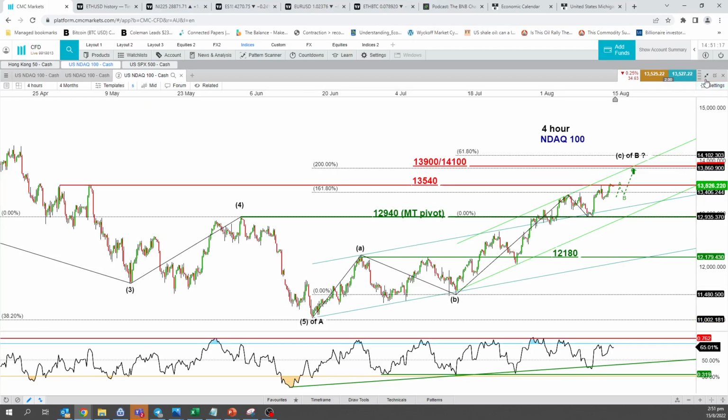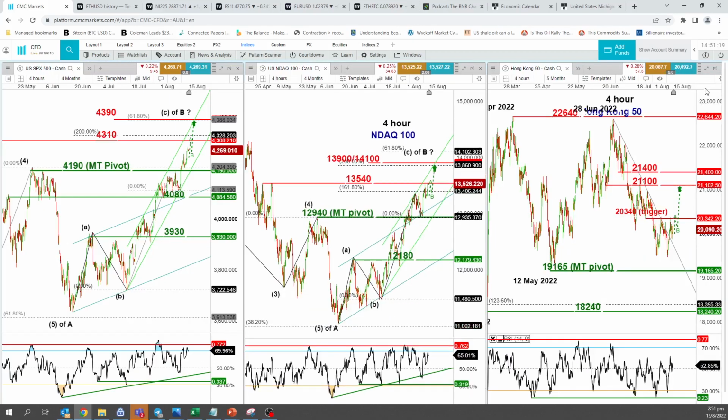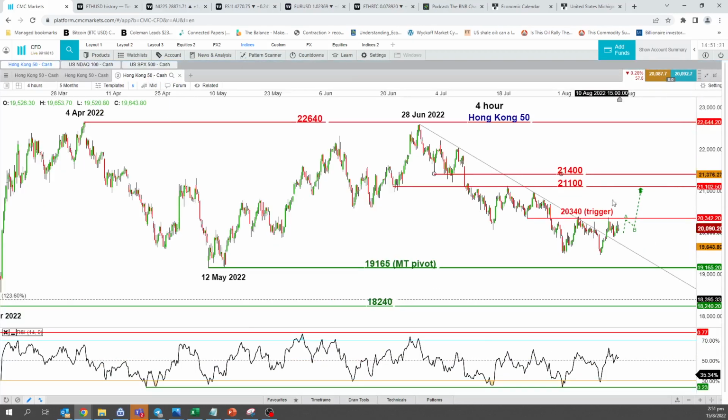Now, with that in mind, let's take a look at the Hong Kong 50 index. You could see the Hong Kong 50 index pretty much unchanged last week, still in a sideways range, holding below the 20,340 upside trigger level that we had for last week. So we will still maintain that bullish bias within these two key levels